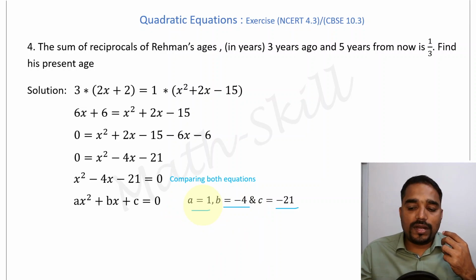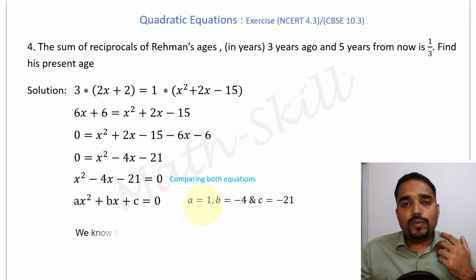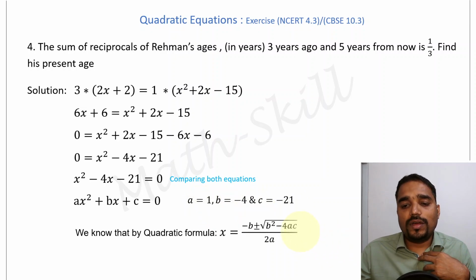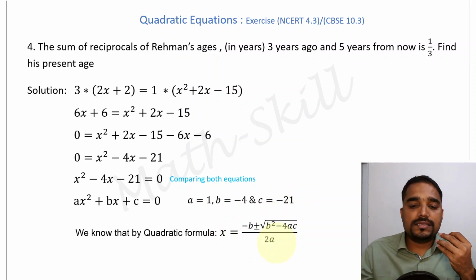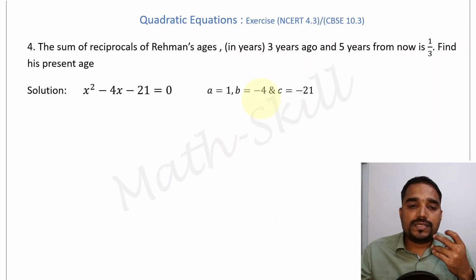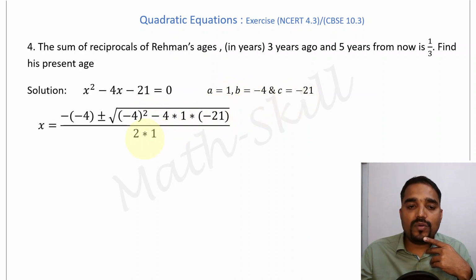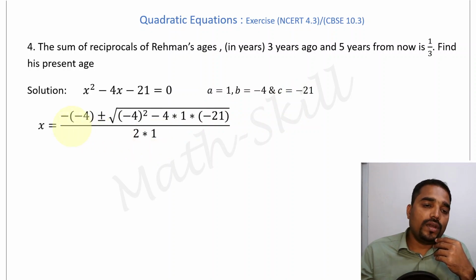We also know the quadratic formula: x is equal to minus b plus or minus square root of b square minus 4ac, whole divided by 2a. Now, on substituting a is equal to 1, b is equal to minus 4 and c is equal to minus 21, we can simplify this equation further. That is, x is equal to minus of minus 4 plus or minus square root of minus 4 whole square minus 4 into a into c, that is 4 into 1 into minus 21, whole divided by 2a, that is 2 into 1, which is minus of minus 4 is plus 4